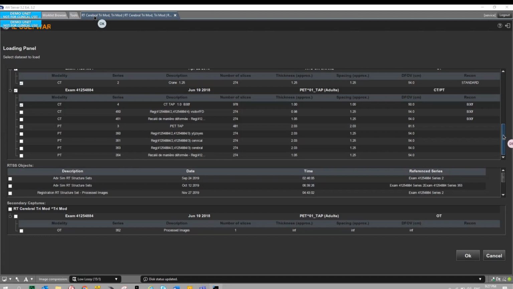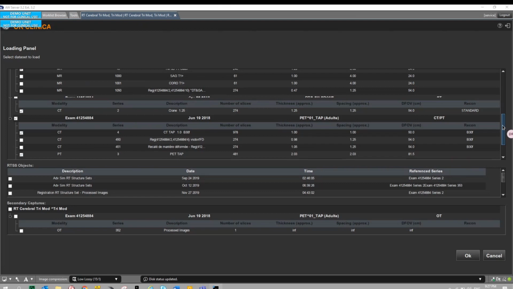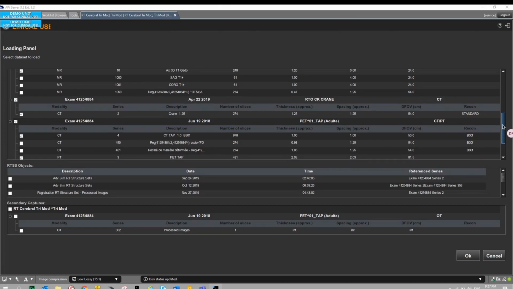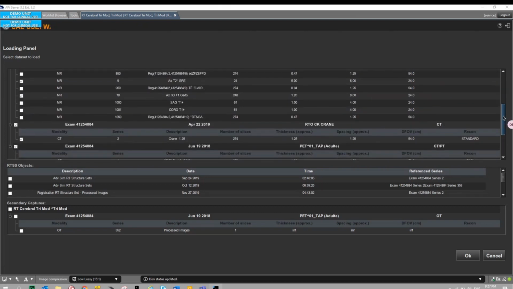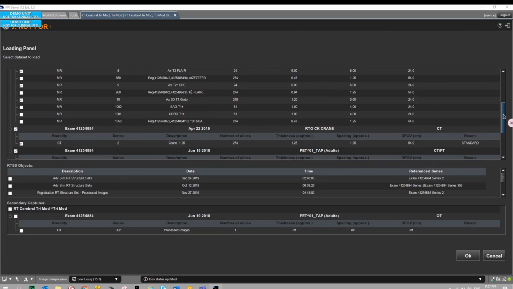The system, the user can choose which sequences can be used to obtain anatomical or functional information. We can use mainly the axial plane, but also sagittal or coronal planes can be used.